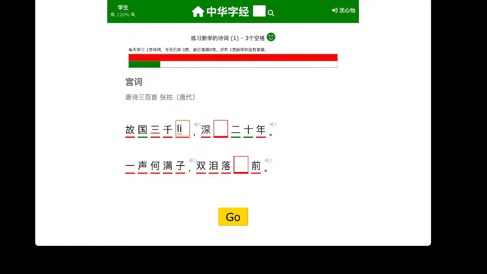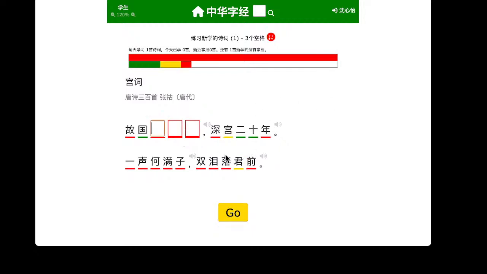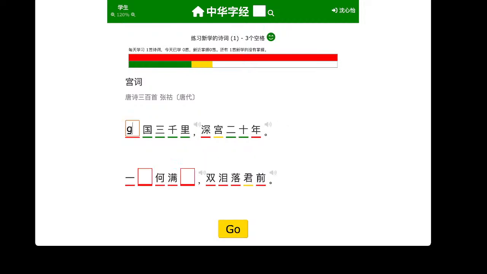I don't find this enjoyable. 深宫20年，双泪落军前，故国3000里，一生何满子。